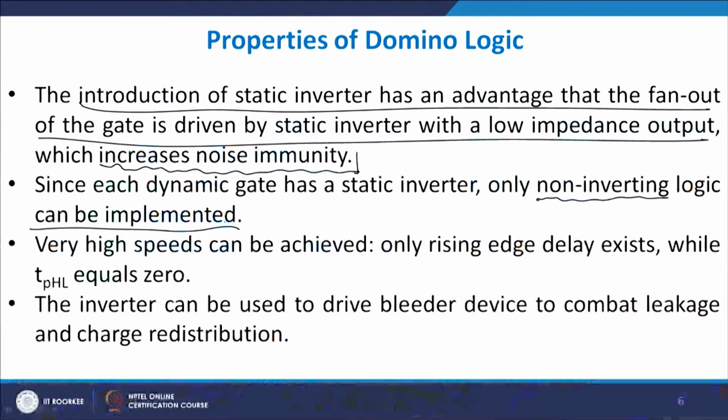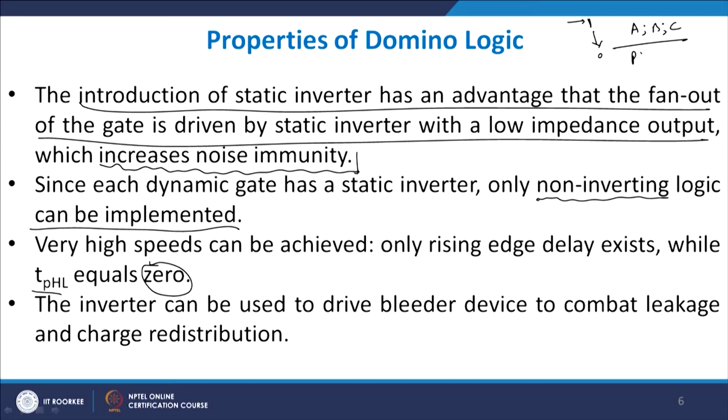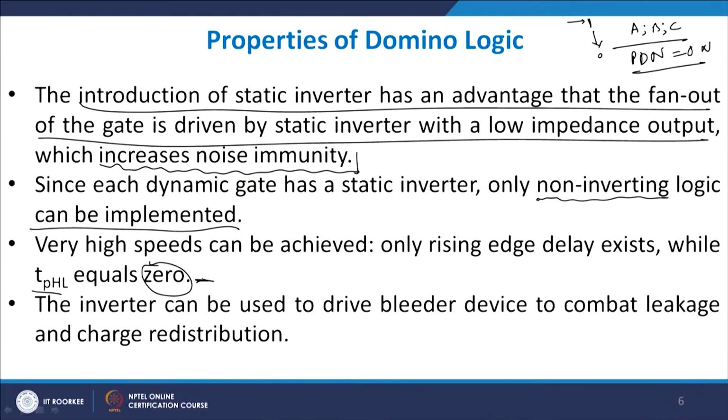An interesting property here is that TPHL is actually equal to 0, right. What is TPHL? It is basically the high to low delay which you see. Now, high to low TPHL can only occur provided the output was held at 1 and then you go from 1 to 0, but 1 to 0 can only happen in evaluation mode, and that too under the condition that the inputs are so favorable that the PDN, or pull down network, is on. Under these two conditions you will have a 1 to 0 transition. So, if this is not happening, your TPHL will always be equal to 0.